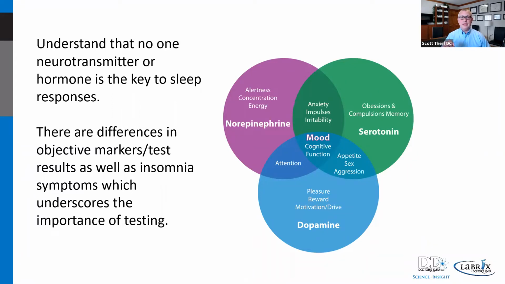If it was as simple as you have a tough time falling asleep, you need GABA, we wouldn't need any of this testing, right? Just like if mood was as simple as, oh, you're depressed, you just need serotonin support, we wouldn't need any of this testing. And that's simply not the way that the nervous system and the endocrine system and the adrenal system works. They work together, and different people fatigue different pathways and different chemistry at different times. And that's why it's so nice to objectify it,